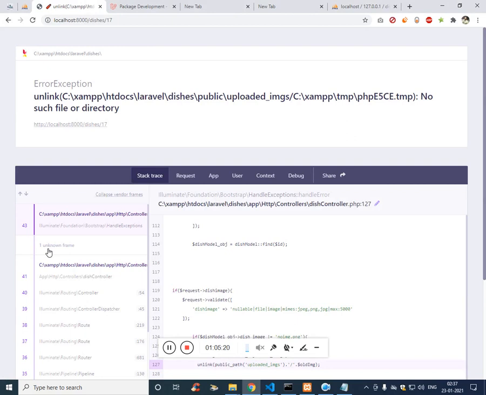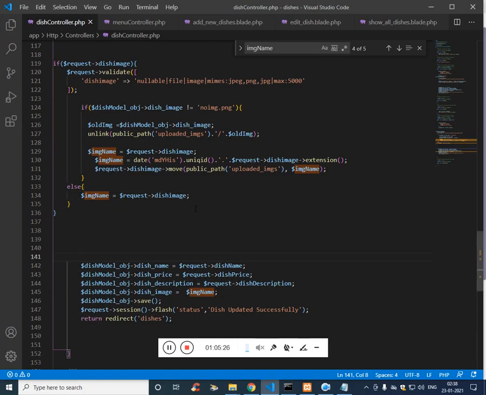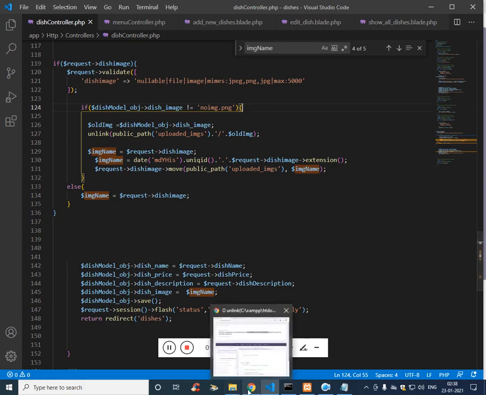I'm sorry for that. It says no such file or directory. Okay, there has been a mistake, that's why it is not getting looped.